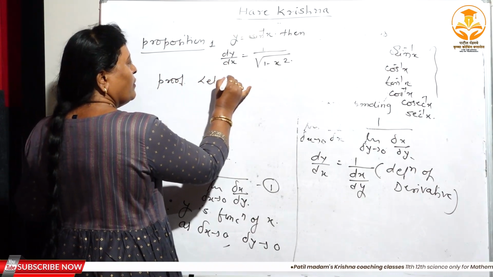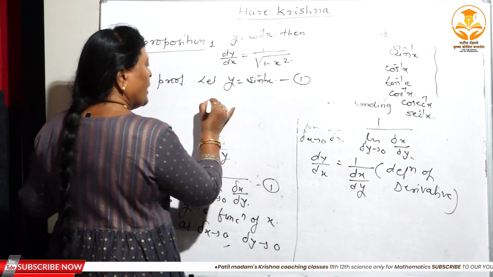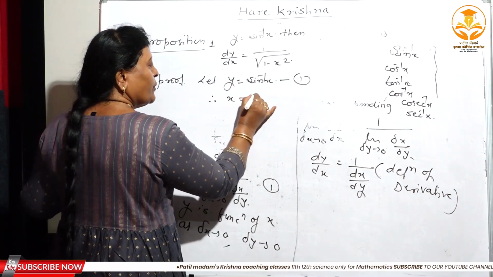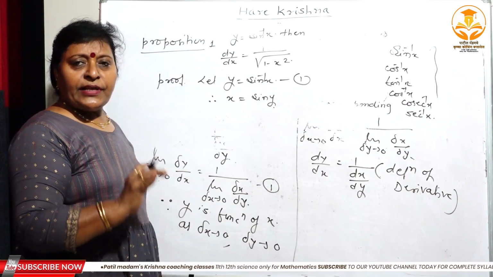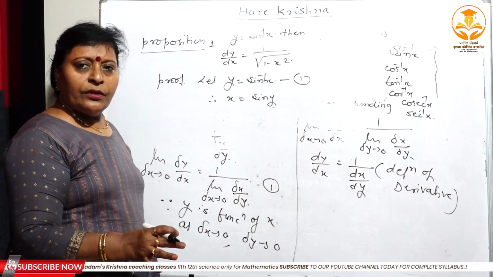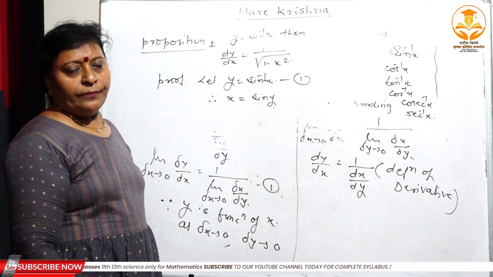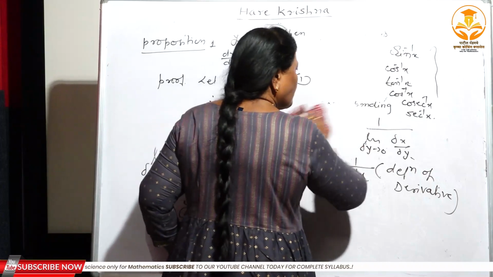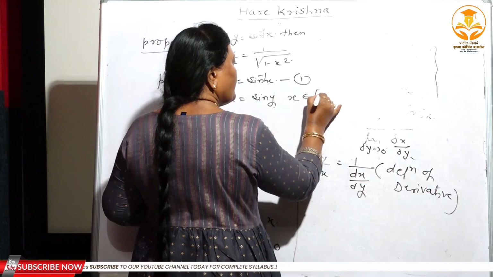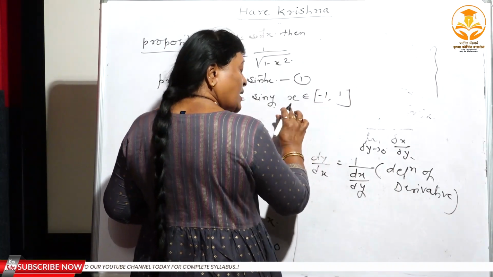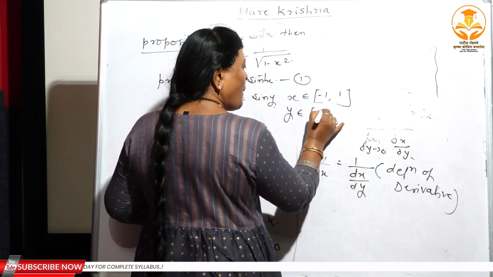Now let y is equal to sine inverse x, right? This is 1. Therefore, x is equal to sine y, right? Now you know the range of a sine function. The sine function always takes the value 1, minus 1, and in between 1 and minus 1, isn't it? Therefore here the x belongs to the closed interval minus 1 to 1, and since x belongs to this interval, therefore y belongs to minus pi by 2 to pi